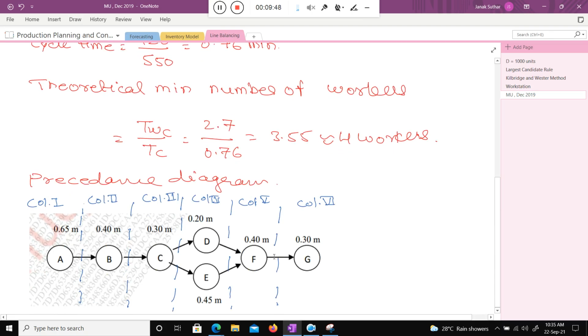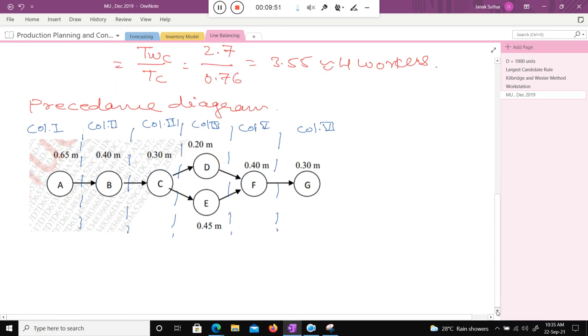When I allocate the work element into the workstation, I need to take care that it does not exceed my cycle time. If I put A and B both together in workstation 1, then it will exceed the cycle time limit. So I cannot consider B now in workstation 1. That's why I consider only this one. So I consider this as workstation 1.